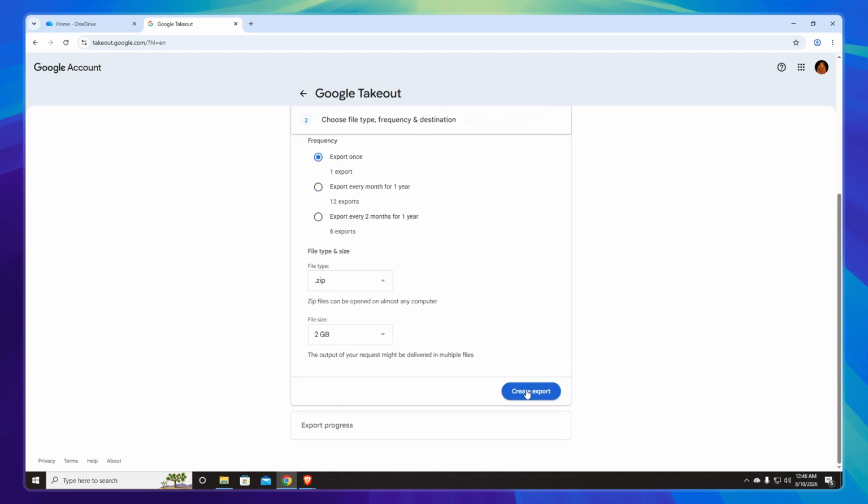After clicking, you'll need to wait a few moments while Google processes and prepares your data for transfer. The time this takes will depend on how much data you're exporting, so be patient during this step. Once the export process finishes, your Google data will be successfully transferred to your selected destination, and you can freely access it from OneDrive,